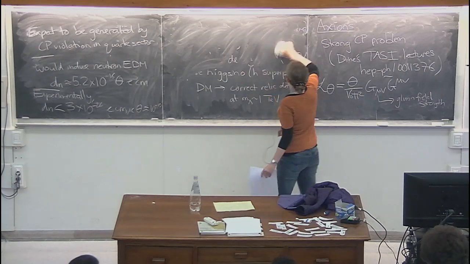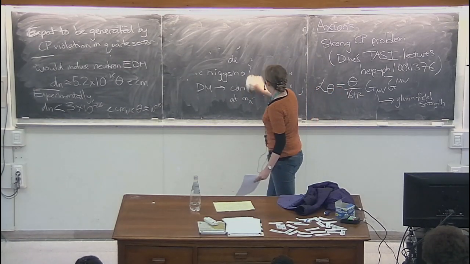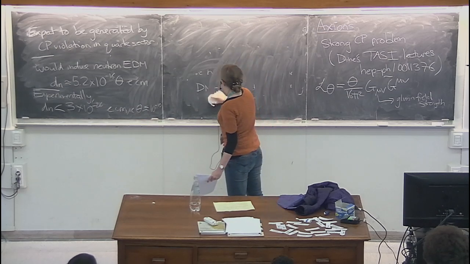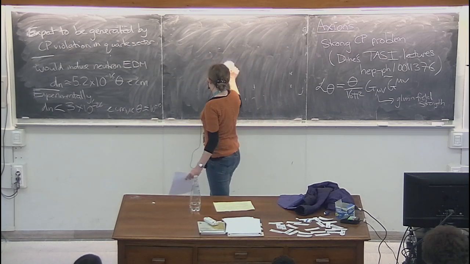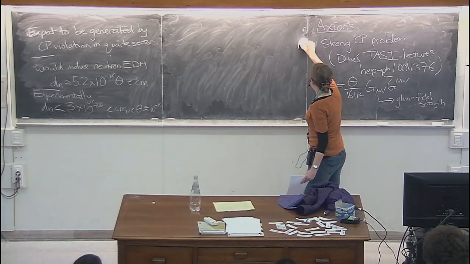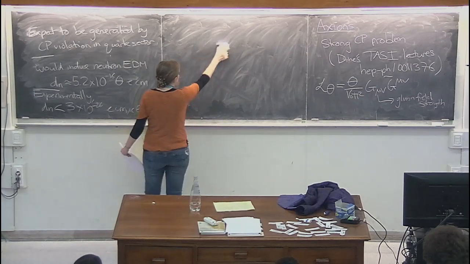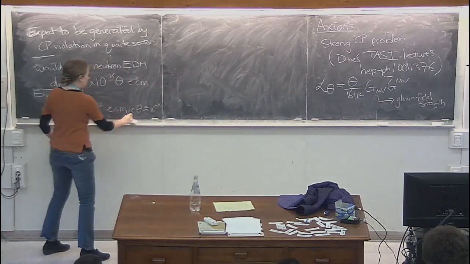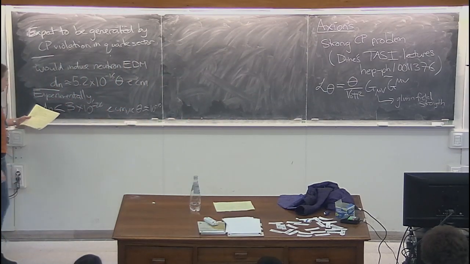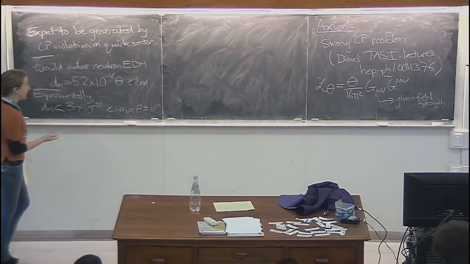I mean, maybe it is just that way, but there's not an obvious anthropic reason that if you had a neutron electric dipole moment significantly larger than this, it would mess things up. I mean, this is a pretty small number anyway. So why so small? This is the strong CP problem. There are various ideas for solutions to it.